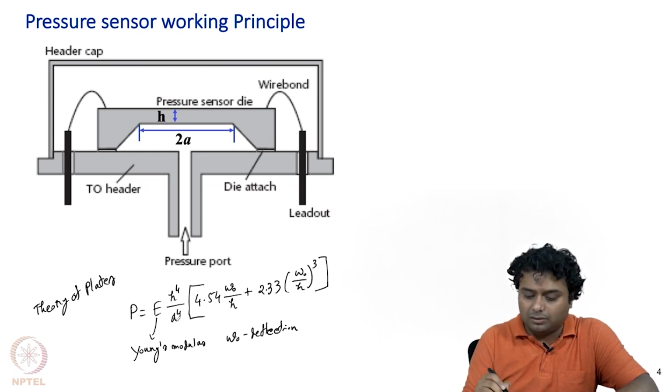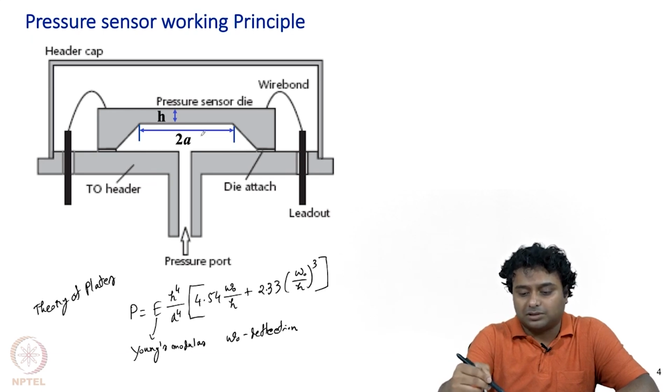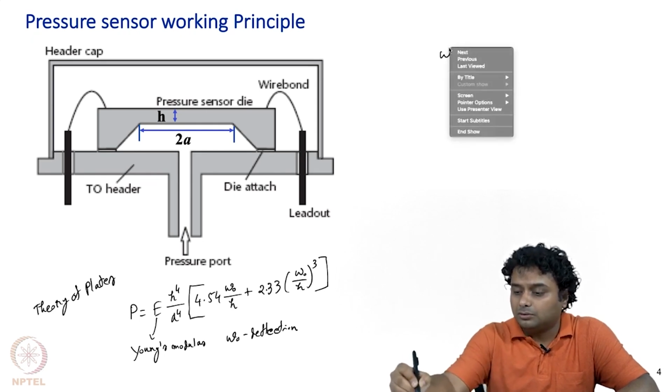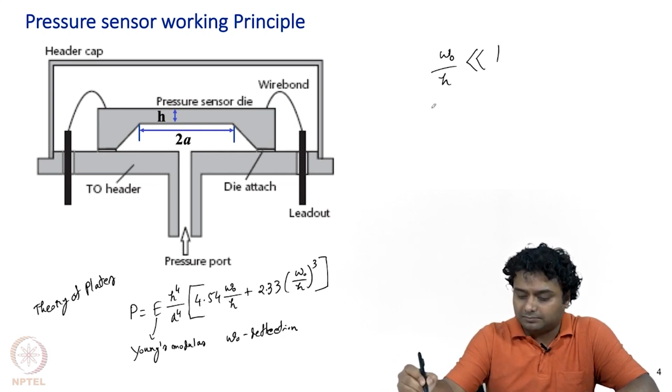Now one thing we need to understand is that this P is the difference between the top side and the bottom side, and as the pressure changes, accordingly we will have the deflection. This pressure is a nonlinear function of deflection for any general deflection. But if W0 by H is very small, much smaller than 1, then what we can write is